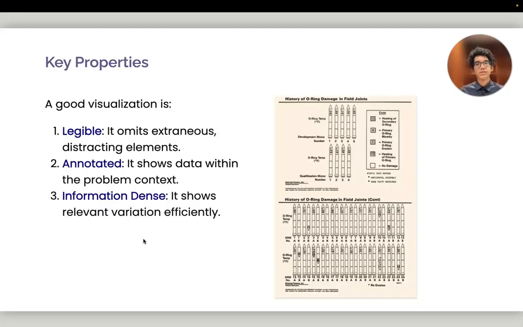So what exactly makes visualization effective, right? Here are just a few baseline characteristics, right? You should be able to read the figure, right? If there's really tiny elements or you can't actually read it, then that makes it illegible. But you should be able to understand what each part means. It should be annotated. Right? And it should be information dense. Like there shouldn't be any extraneous ink or busy material that's not actually communicating meaningful information.